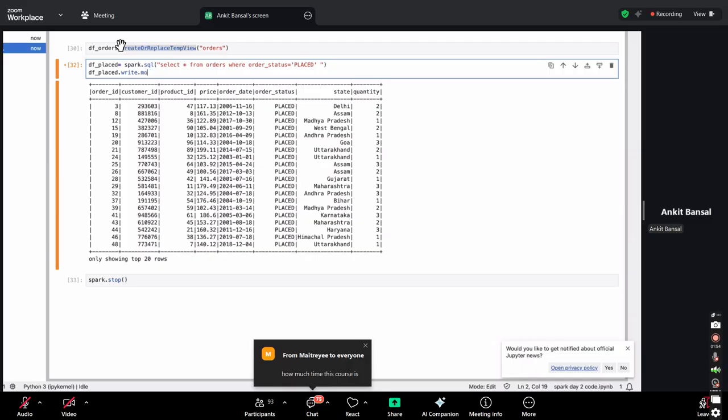Dot mode. So there are two modes mainly, right? One is overwrite mode, one is append mode. So if it is already there, if you want to overwrite it, it will overwrite. If you want to append the data, it will append it. So I'll say mode overwrite, right? Dot in which format. So if you don't give any format, it will be Parquet format. We'll discuss Parquet format later, but for now I'm saying dot format CSV dot save, and you can give the